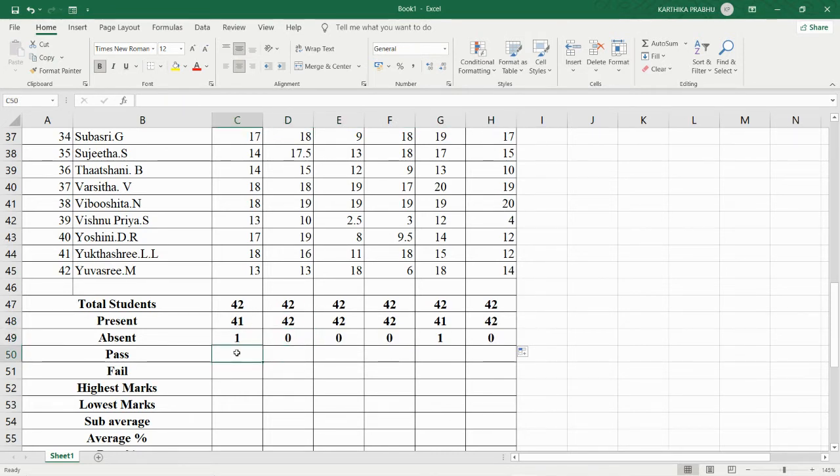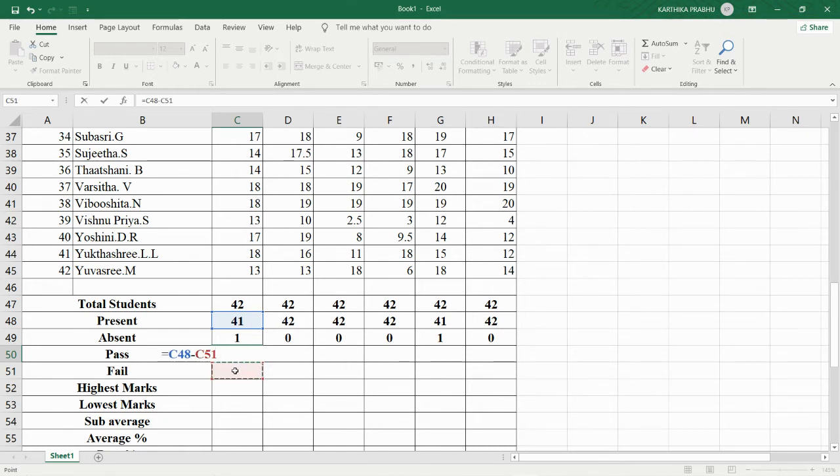Next, number of students got pass. To calculate the number of students who got pass marks, we are going to use the number of students failed, because the number of students failed will be lesser than the pass. So the formula is equal to number of students present minus number of students failed.